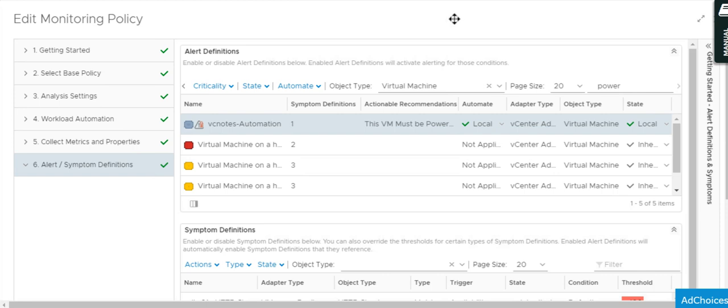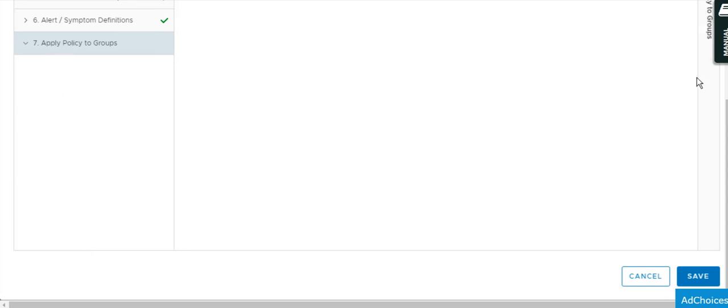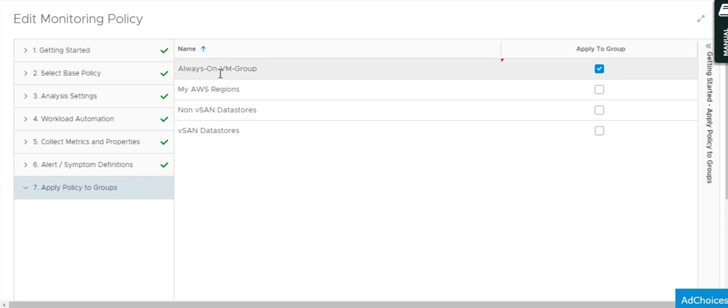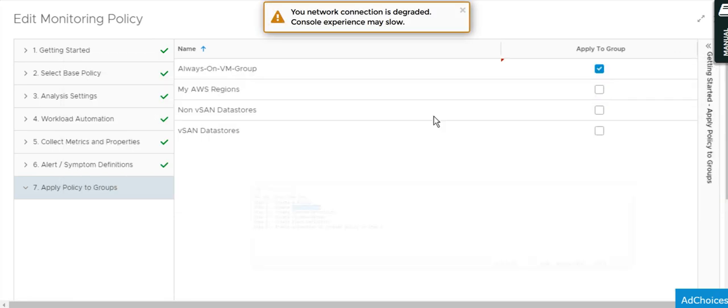If you face such issues, then let me know, we'll help to solve this. Click on VC nodes automation here, and then make sure that your apply policy to group is the group which you created in the second step, my mistake. This is the always on VM group I have selected.